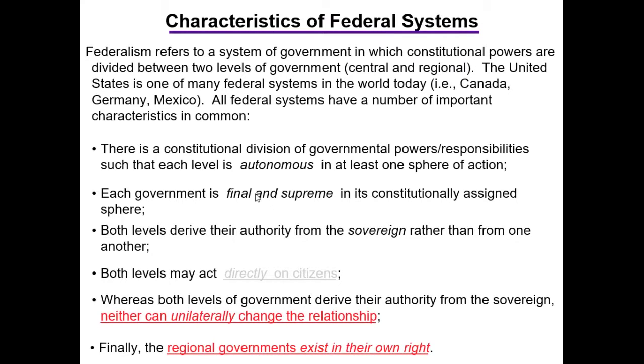So that means that once the people of a state become part of the union of the people of the states, like Texans did in 1845, they can't be abolished, right? It's not like they can say up in Washington, we've had it with you people down there in Texas, you're out. You're no longer part of the union. They can't do that.